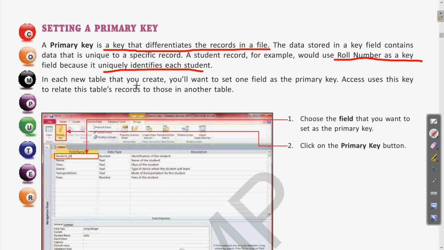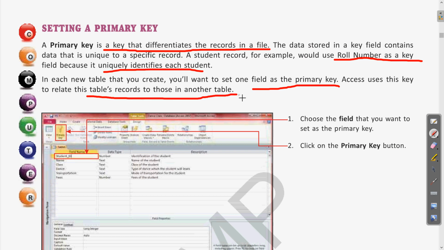In each new table that you create, you will want to set one field as the primary key. So whenever you create a table, it is mandatory to have at least one field as a primary key. Access uses this key to relate table records to those in another table. What is the use of this primary key?